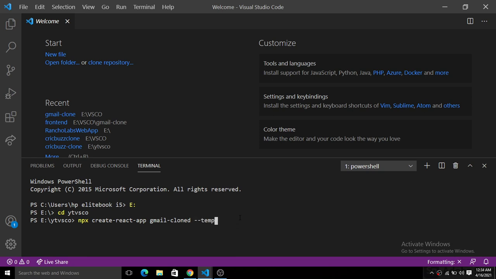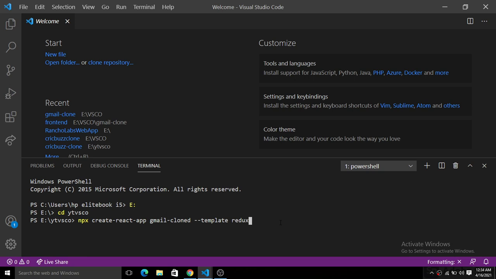The Redux template will add the createSlice feature there. With Redux, it will be easier for us to manage the user or create the context for the user. So I'm going to hit the enter button.